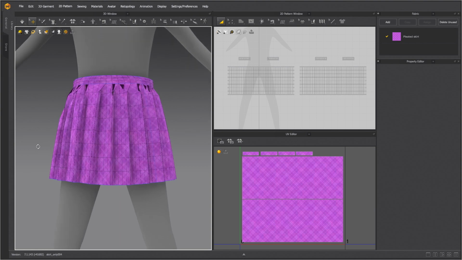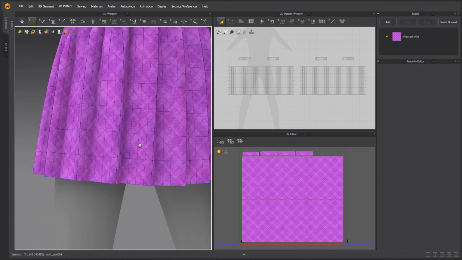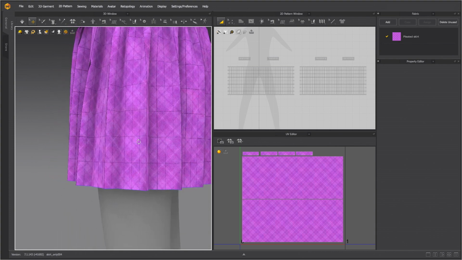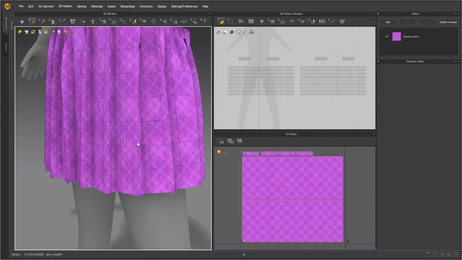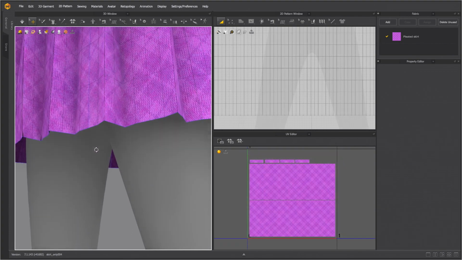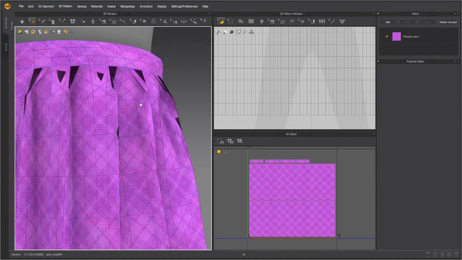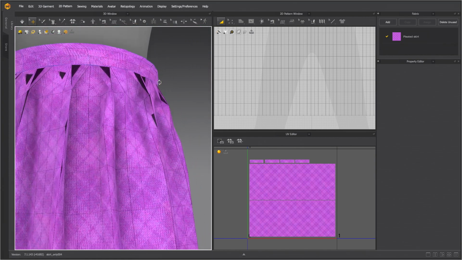The pleated skirt pattern is simple and is made of 6 rectangular pieces. With the new retopology tools, it is easy to distribute the polygons where I want them. I used 4 polygons for the width and 2 polygons for the fold. I used 8 polygons for the skirt length and 3 for the belt strap.